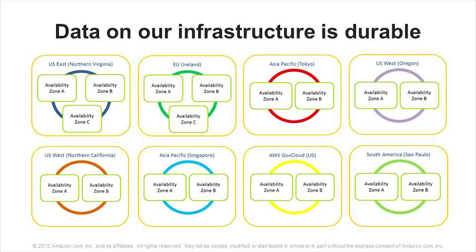The design model is that any local event that might affect a single availability zone is going to be isolated from the other availability zones in the same region. We give you full control, again, like you have control of the regions. You have control of the ability to launch your servers, your EC2 instances, in any of the availability zones within a region. We give you services such as automatic scaling and load balancing to also let you distribute functionality across the zones in a region.